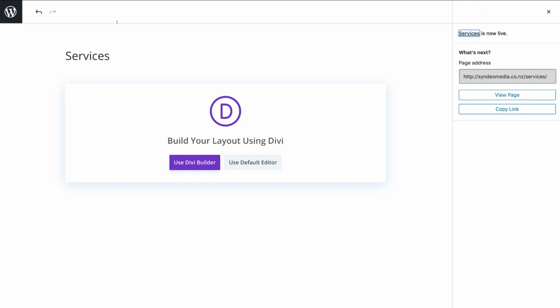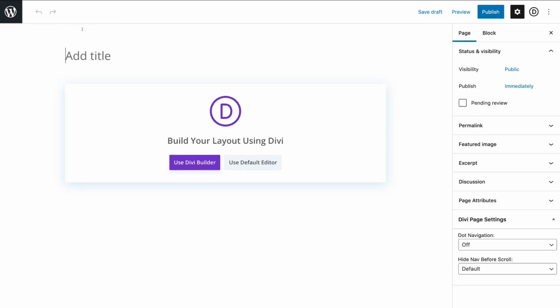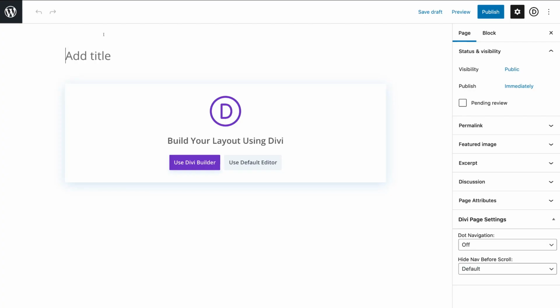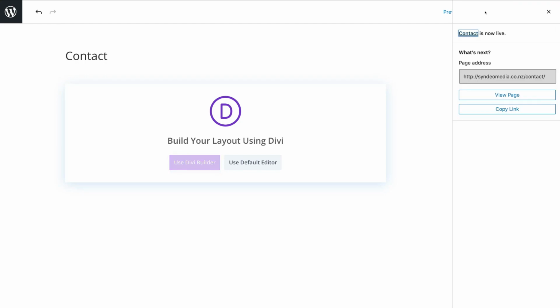And head back across to the WordPress icon again. Then next to Pages, we want to add two more pages, Add New. And this time we're going to create an About Us page. And then repeat this process by clicking Publish, Publish again, and then simply navigate back to your pages. The last page we want to create by clicking Add New is the contact page. And then head back up to Publish one last time, Publish again,